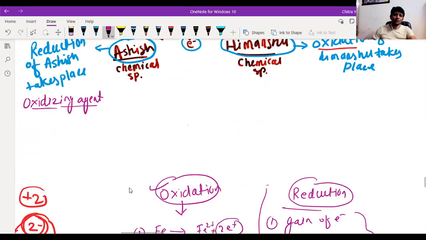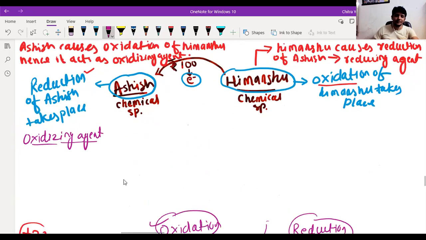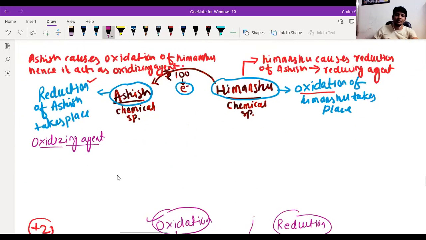Now back to this part. We were writing the definition for oxidizing agent. We have only 8 minutes left, so we have to complete this part in 8 minutes. So I'm writing a little faster than before. Those chemical species,